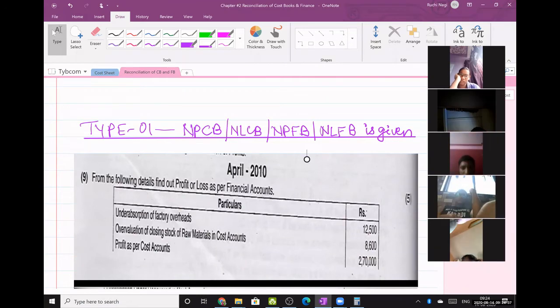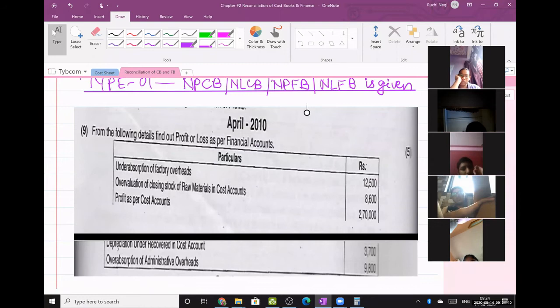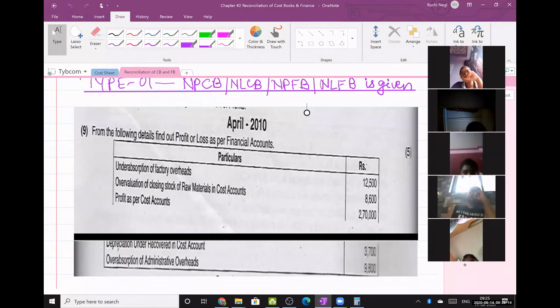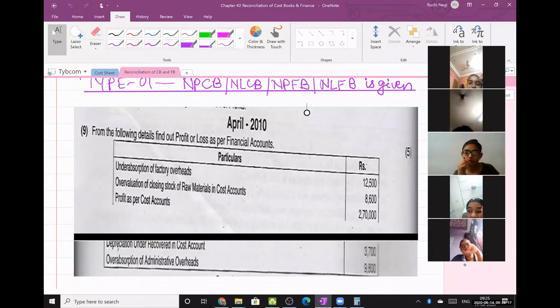Just see this question. 1, 2, 3, 4, 5. Only 5 items are given. Okay. Now,